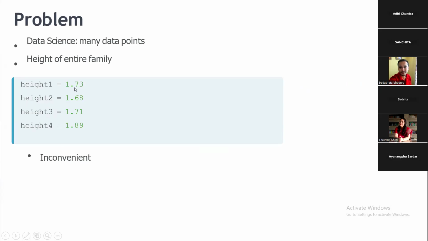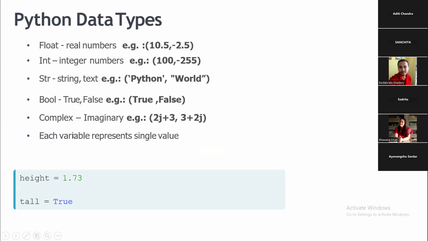I have given some height values: height 1, height 2, height 3, height 4. But the question is, why is it inconvenient? Because